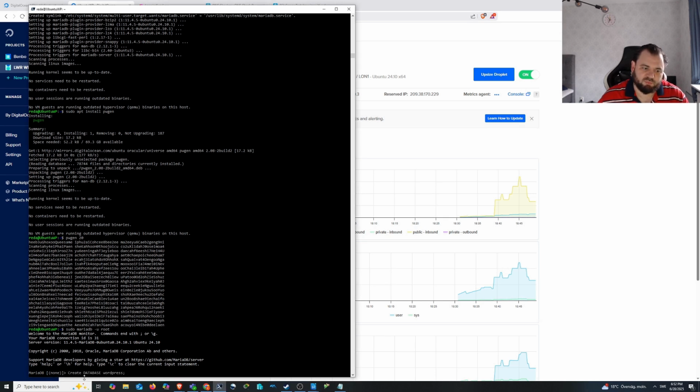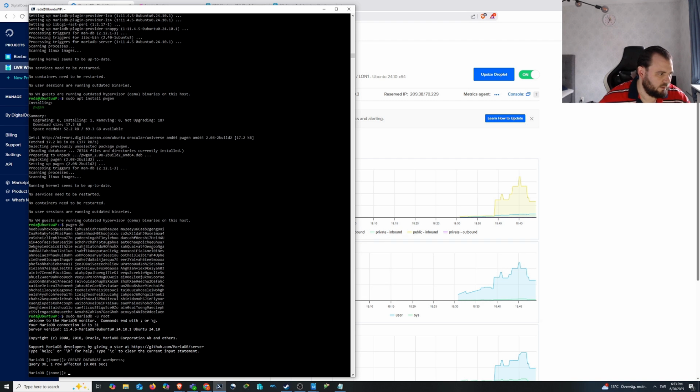So you type create database WordPress, and observe create database should be in capital letters. Create database WordPress. Okay, enter. And now we will use